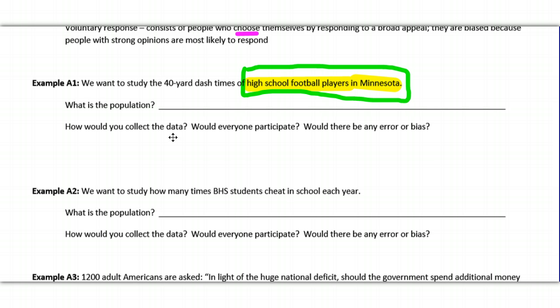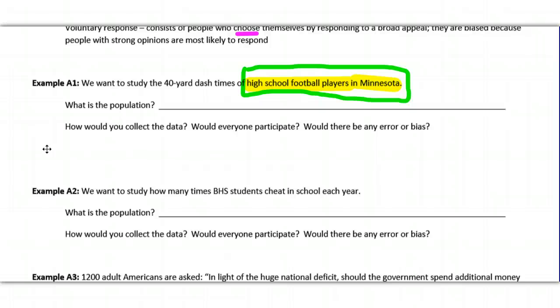How would you collect the data? And would everyone participate? And would there be any error or bias? This is going to require a little bit more thought. There's no mathematically exact answer to do this. But if you're trying to collect data on high school football players in Minnesota, and specifically 40-yard dash